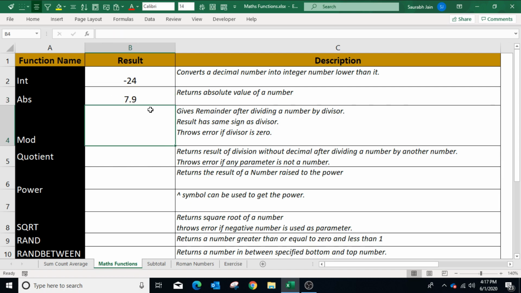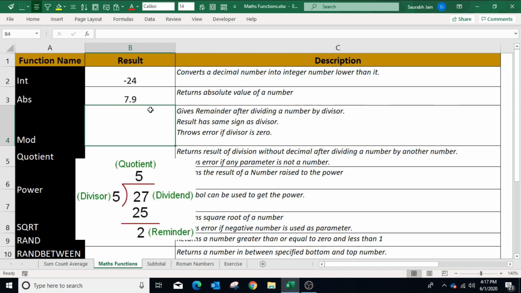Now mod function returns the remainder after dividing a number by another number or divisor. The function takes two parameters. The first parameter is the number or dividend and second parameter is the divisor. To get remainder,